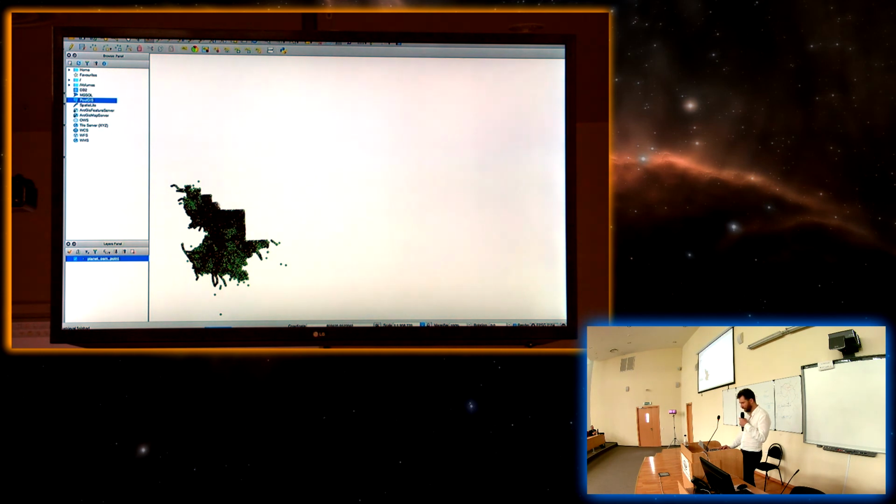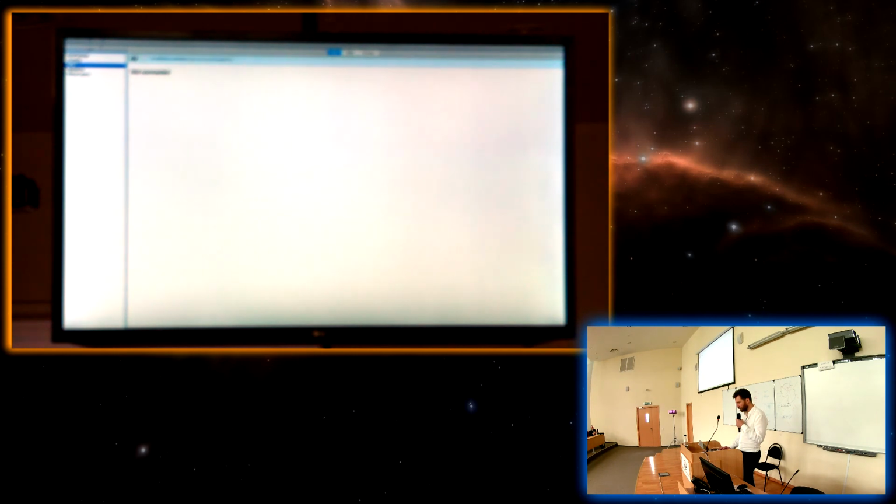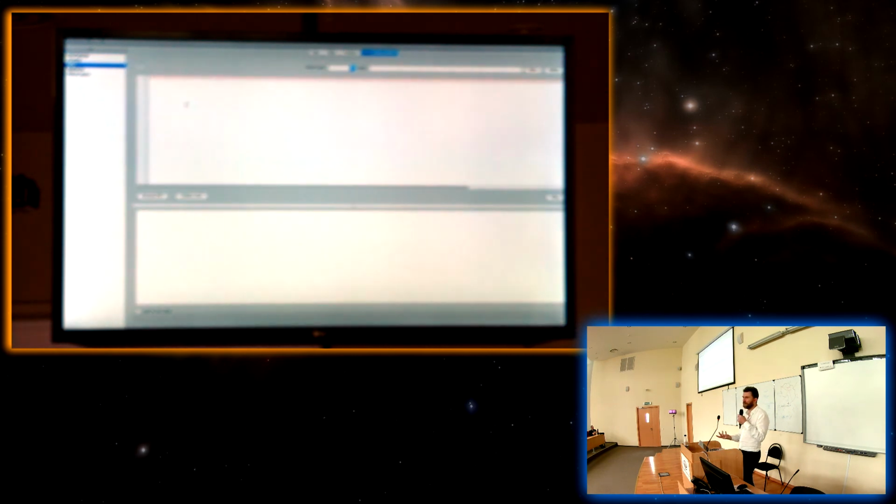But here, with QGIS, you can display all the information that you already stored on PostGIS. And something interesting is that you can also directly perform queries. So here I'm on QGIS, and I can perform any kind of spatial query and display it. So for instance,